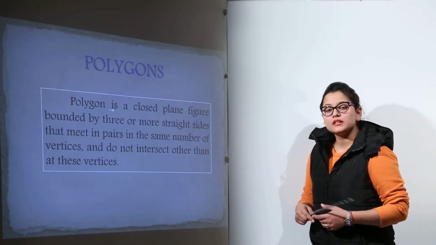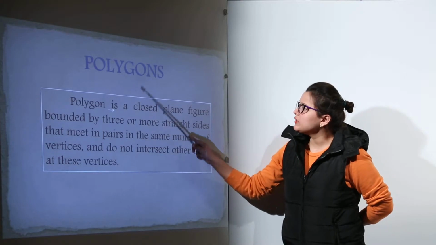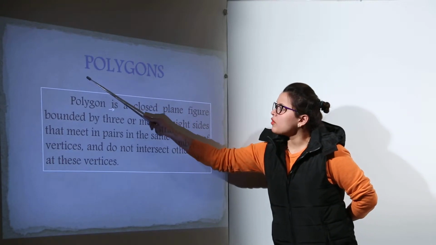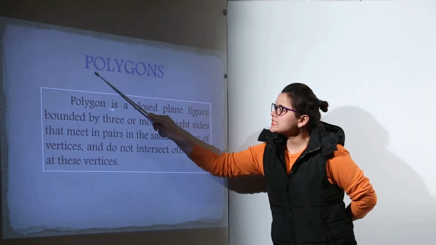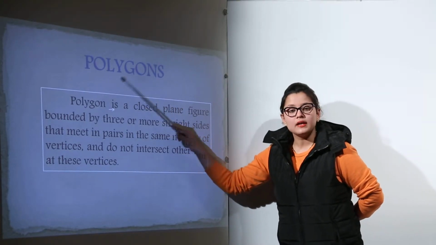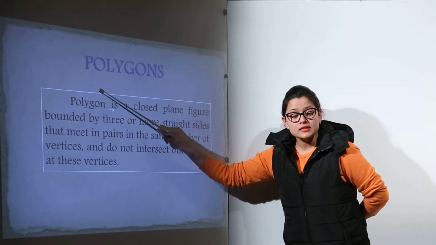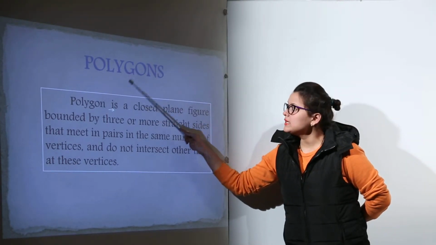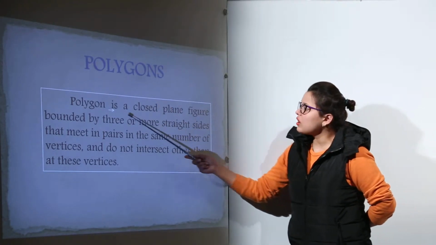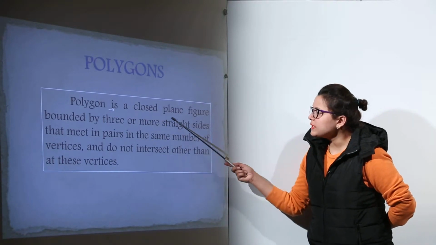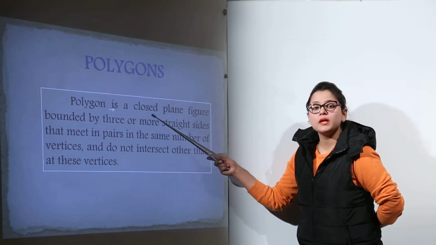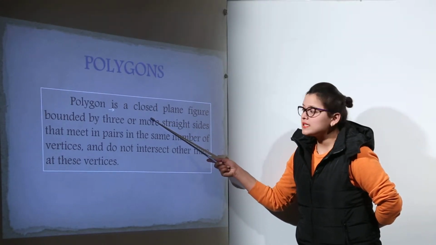As we have discussed in other chapters also, first of all I'll tell you the meaning of the word polygon. Polygon is made up of two words, poly and gons. Poly means many and gons means sides. So the word polygon means many sides. A shape which has many sides is known as a polygon. Now how do we define it? It is a closed plane figure. Please pay attention, it is a closed plane figure, means it will be continuous and without any breaks, right?